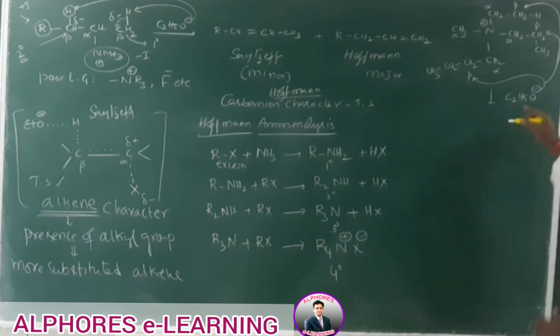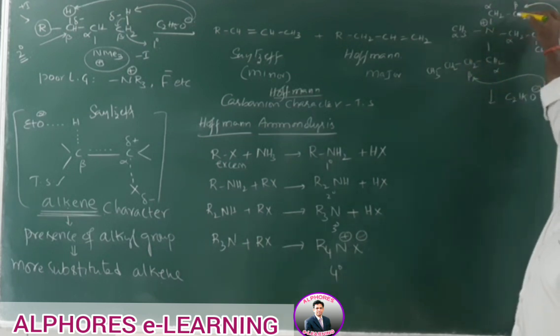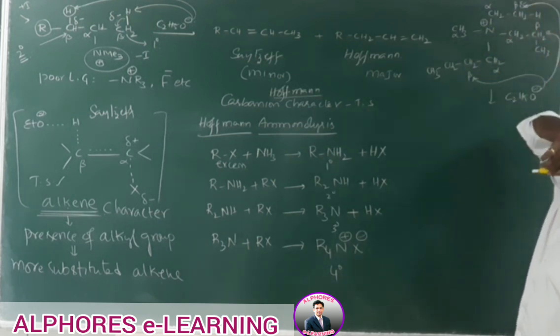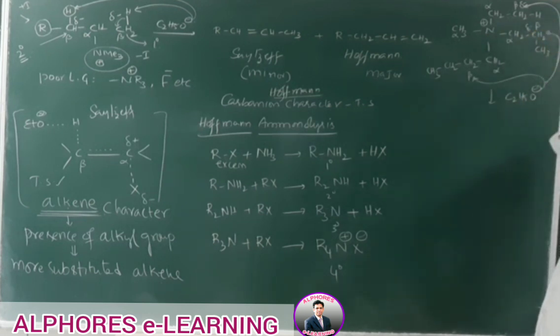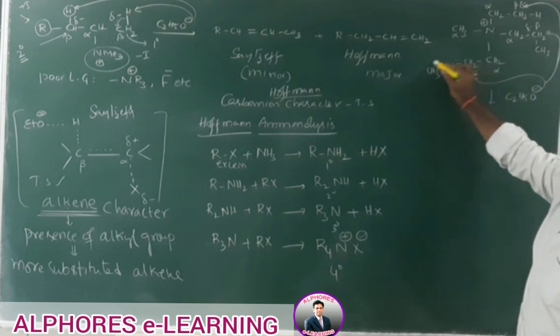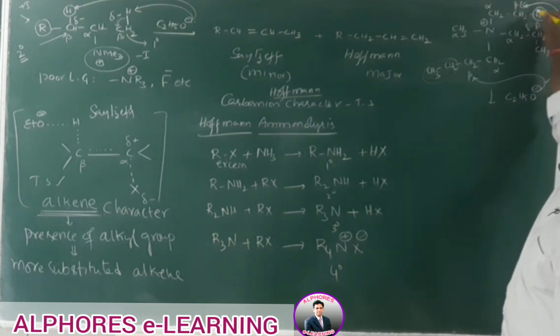Which of the three alkenes do we get? It depends on which hydrogen abstraction is easy, or which carbon bears the negative charge. Here there is no beta carbon, so there is no need to consider this one. Here a beta carbon is attached, and if it gets a partial negative charge, it is not attached to any other alkyl groups. Whereas in this case, if this beta carbon gets partial negative charge, this methyl group is an electron releasing group which destabilizes the carbanion. In this case again, the alkyl group destabilizes the carbanion. So it prefers to abstract this hydrogen.